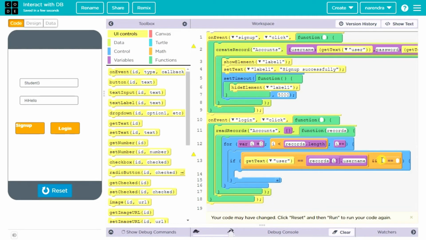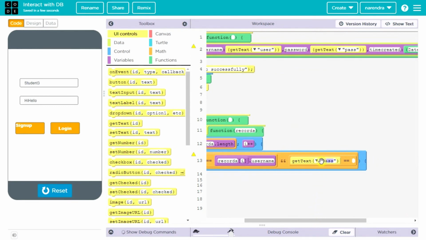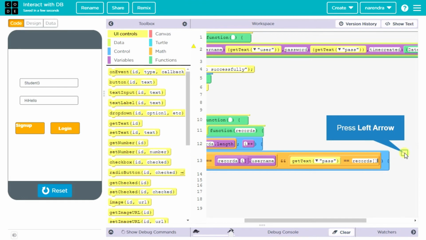Get the password from the screen, and compare the password from the screen with the password from the table. So records, which is a list that contains all the records, dot password.